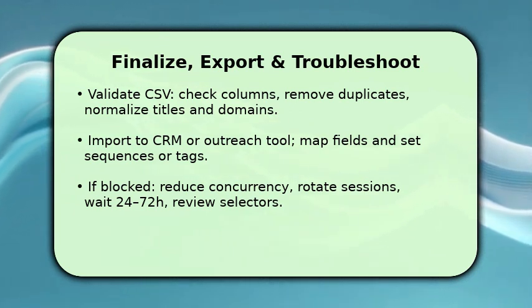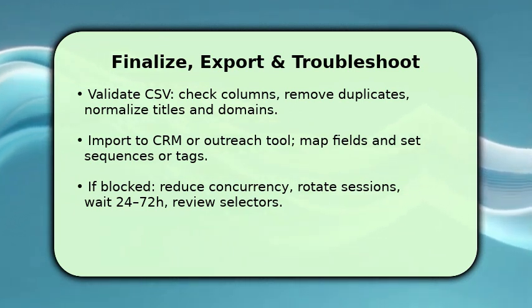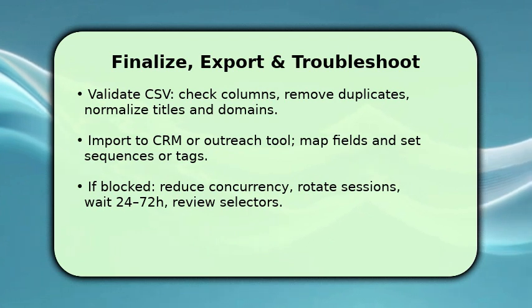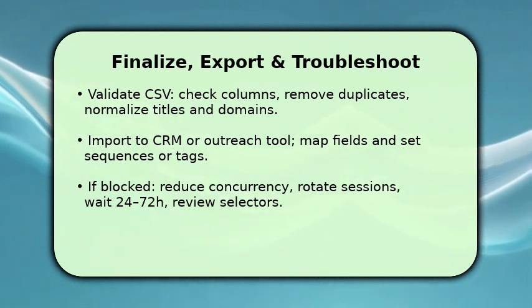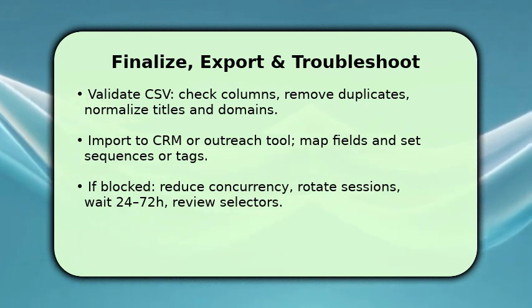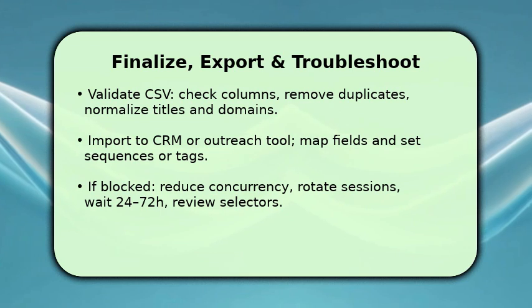If something goes wrong, like rate limits or missing data, first reduce concurrency, rotate session cookies or accounts, and run a small test after a 24 to 72-hour pause. As a last step, review and update CSS/XPath selectors. Changes on the source site often break